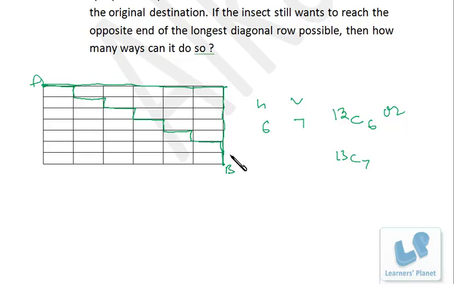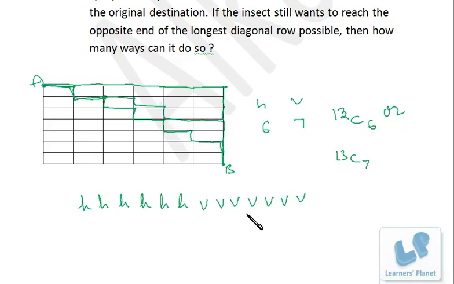Other way, what you can do, see whatever the number, the person has to move from A to B. He is taking 6 horizontal steps, 1, 2, 3, 4, 5, 6, and 7 vertical steps, 1, 2, 3, 4, 5, 6, 7, right? Maybe the order of horizontal and vertical can be changed. You can see horizontal, vertical, horizontal, vertical, horizontal, vertical, and finally horizontal, vertical, vertical, right? Then horizontal six times, then vertical, vertical, vertical. Maybe order can be this way also.